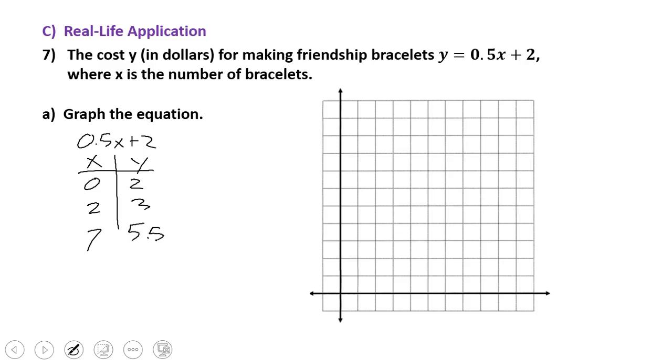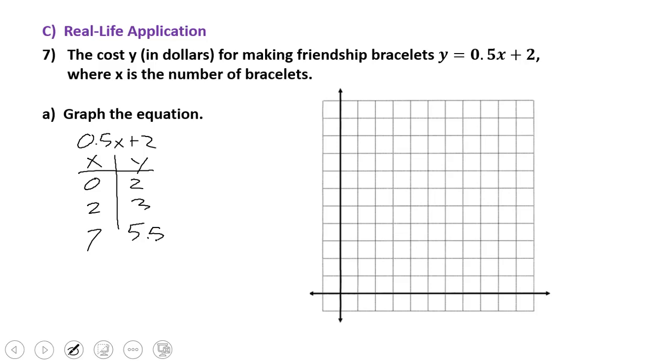Now, I'm not going to put a negative number in there. Think about this for a second. Why would I not put a negative number in there? What's logical in this real life application? Can I make a negative number of bracelets? No, I cannot. And so when we take a look at this graph that we need to label here so we can graph it,